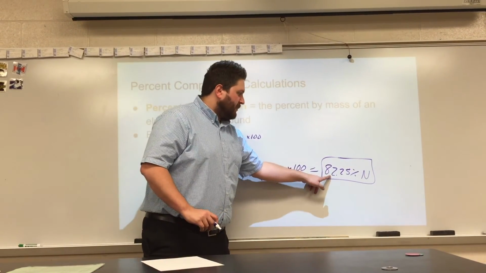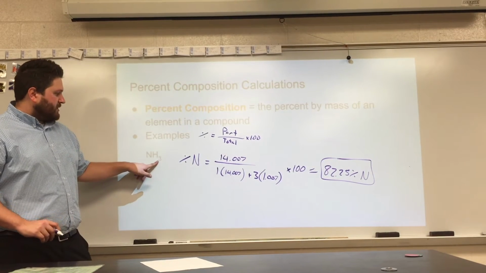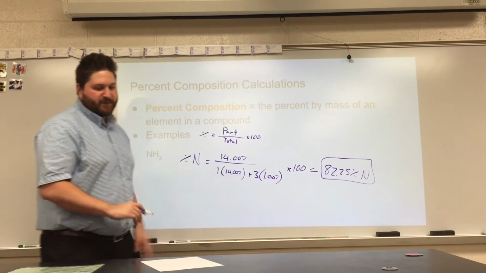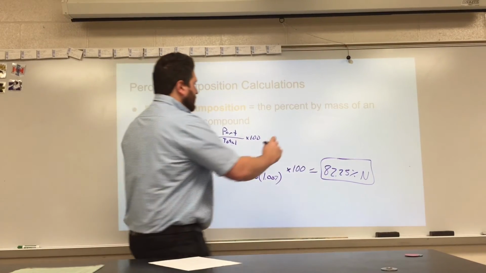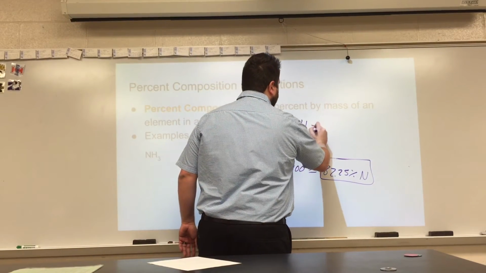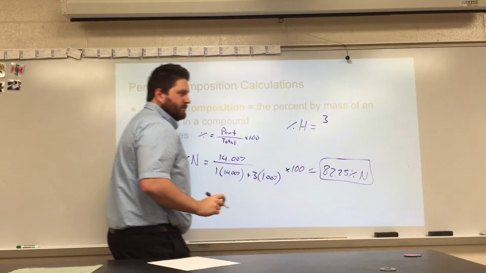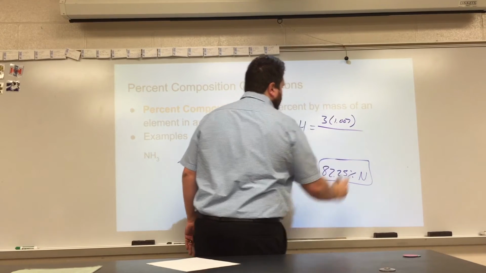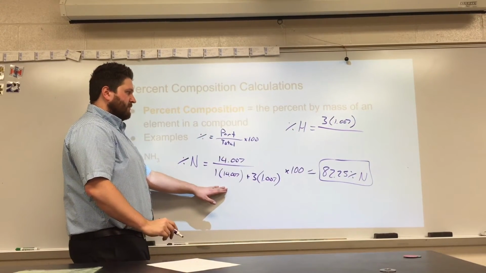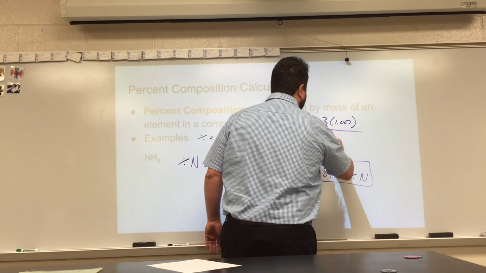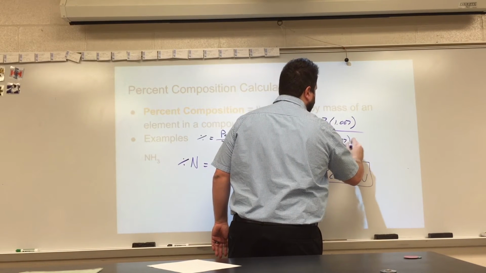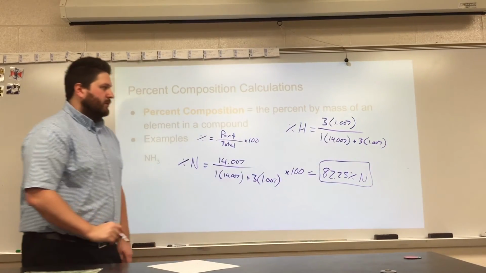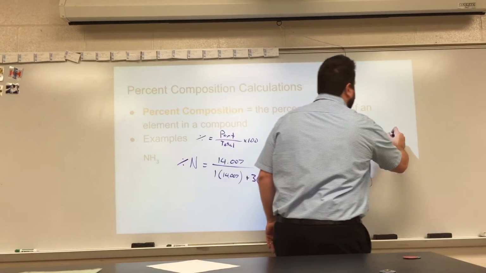You should also be able to make a prediction of what percent the hydrogen is going to take up. If 82% is nitrogen, what's the percent of the hydrogen going to be? But let's calculate it to make sure. So for the percent hydrogen, I have three of them at 1.007. My total is going to be the same thing from before. So 1 times 14.007 plus 3 times 1.007 is my total, times 100